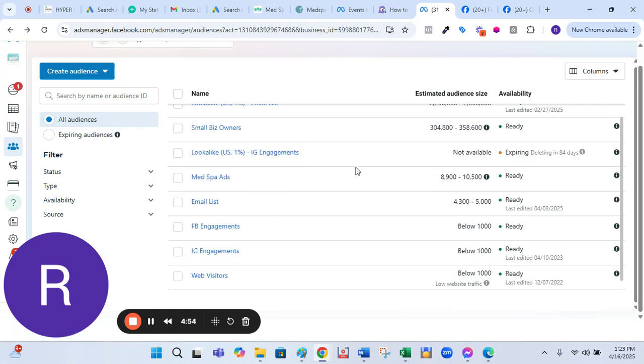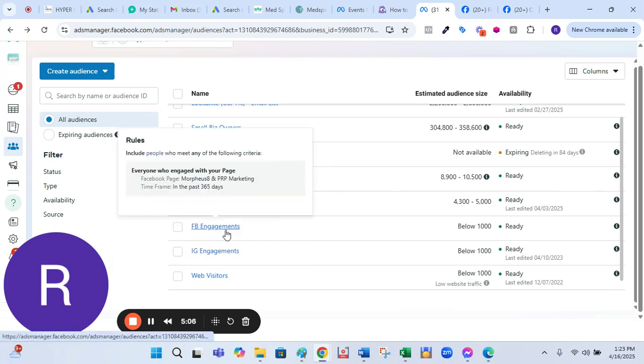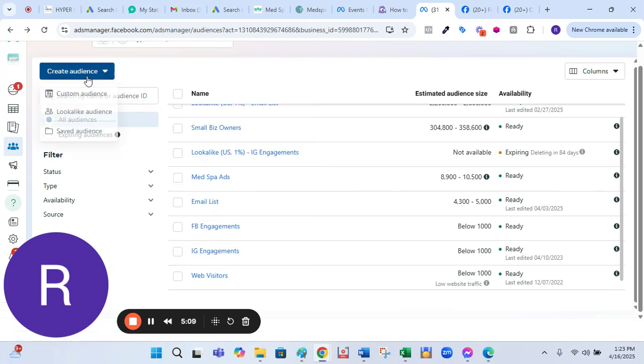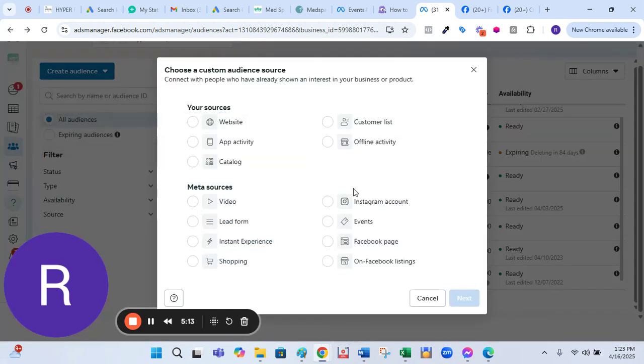the email list. So now if you're going to boost an ad or something, you can boost an ad post or whatever, maybe it's your monthly specials, and then when you boost the ad, I'll show you where, and then these will show up. This is for Facebook engagements, Instagram engagements. So like if you wanted to do one for custom audience for your Instagram, you just check this Instagram here,